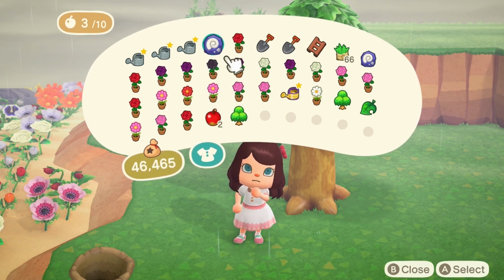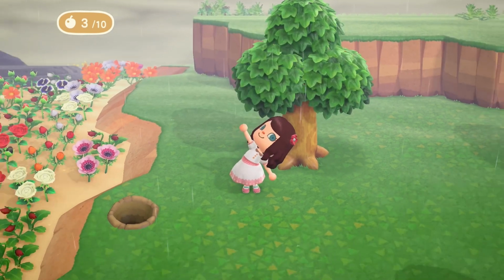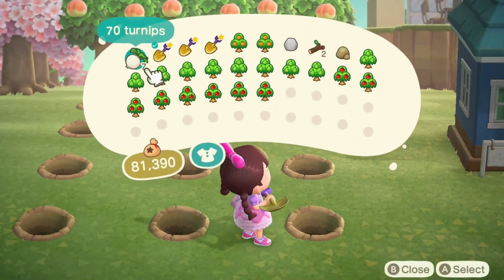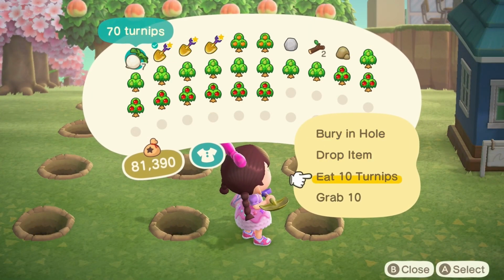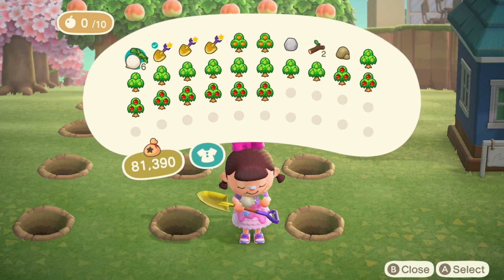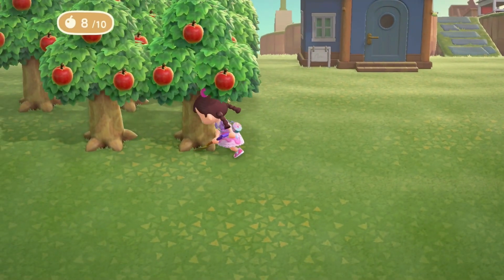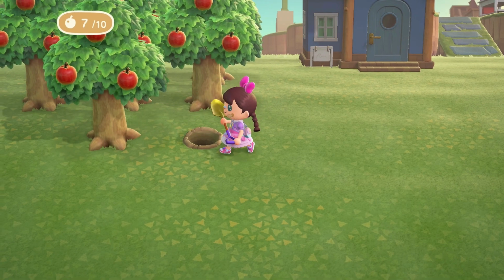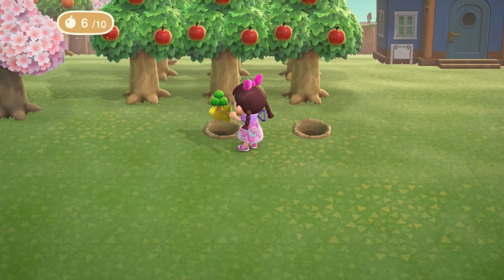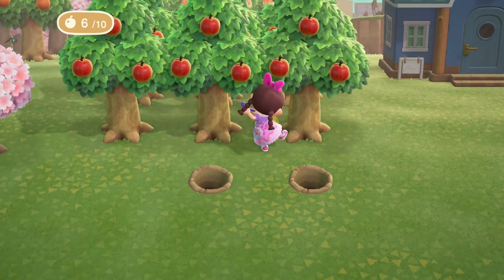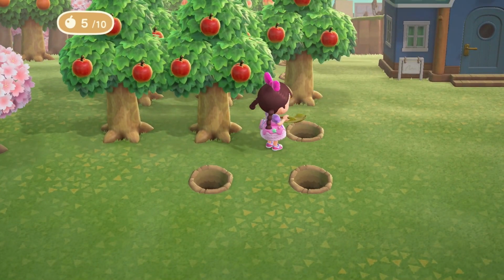Use turnips instead of fruit or crops if you want to make your cleanup quicker. The biggest benefit of doing this is that each turnip you eat gives you 10 energy compared to only 1 bit of energy that you get from each piece of fruit. If you're planning a cleanup session on your island, it's worth keeping a couple of stacks of turnips in your inventory as they will ultimately take up less space than fruit and will give you more than enough energy to get everything done.